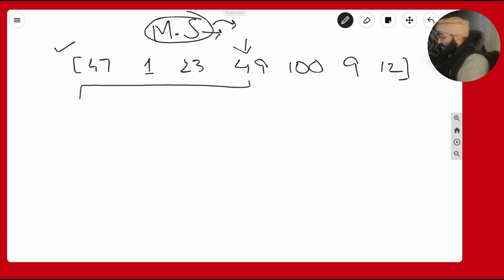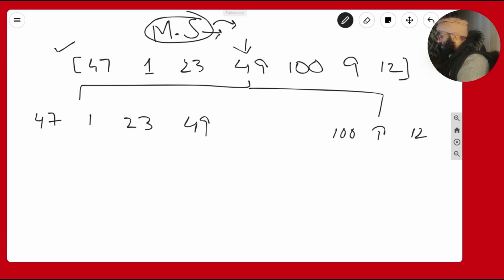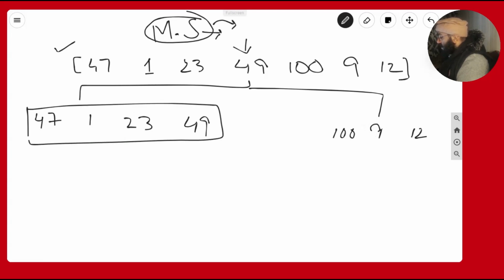This array will have two parts. The first part will be 47, 1, 23, and 49. So this is the left part of the array, and the right part of the array will be, let's say, 100, 9, and 12. I'll just go ahead and remove this and rewrite 9 so we can see it more clearly. So we have this part, and then we have this part. Now we will further divide these parts